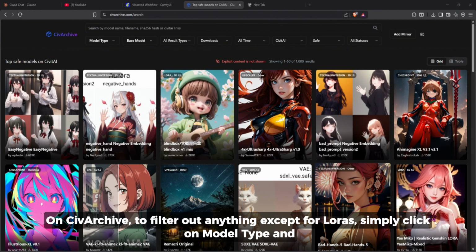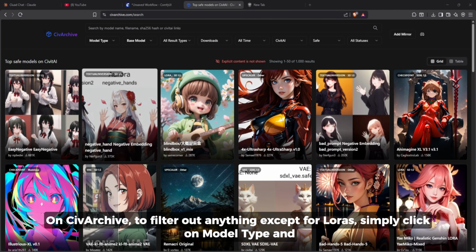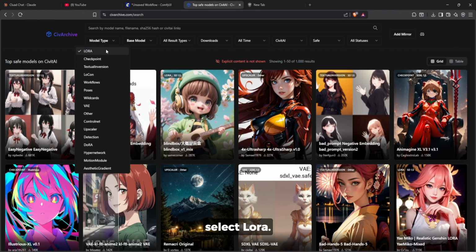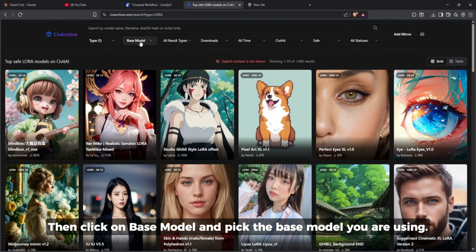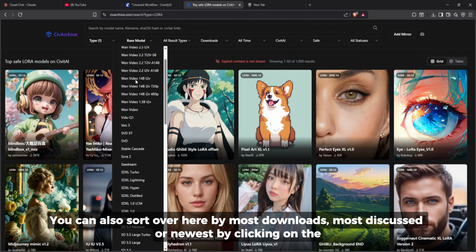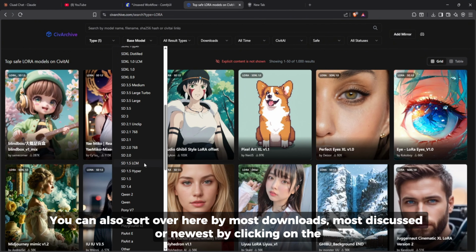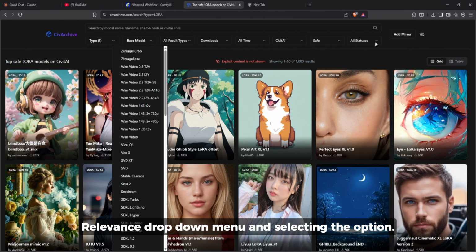On CivArchive, to filter out anything except for LoRAs, simply click on Model Type and select LoRA. Then click on Base Model and pick the base model you're using. You can also sort over here by most downloads, most discussed, or newest by clicking on the Relevance drop-down menu